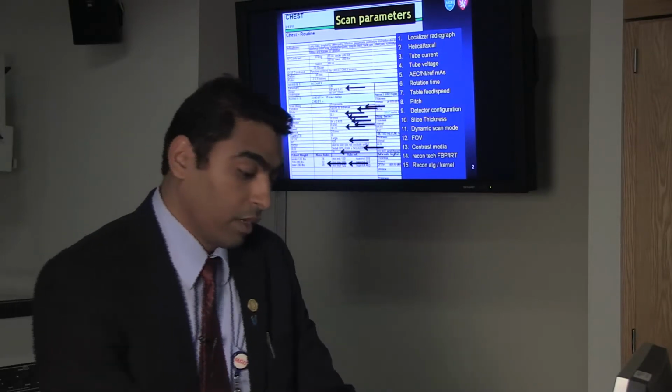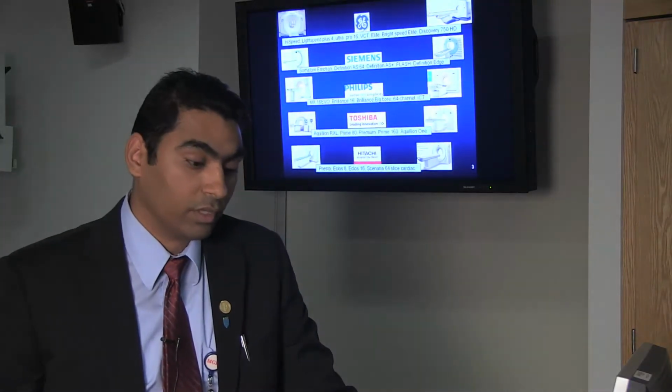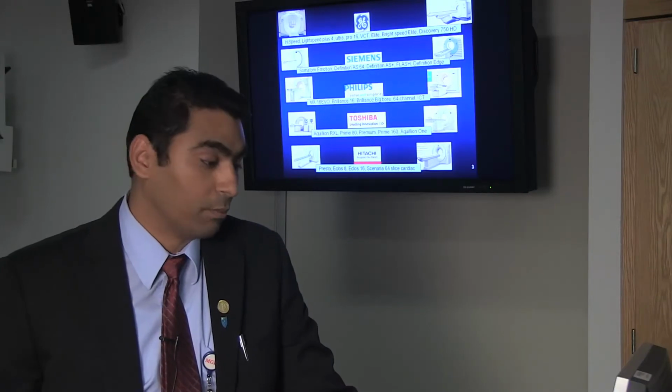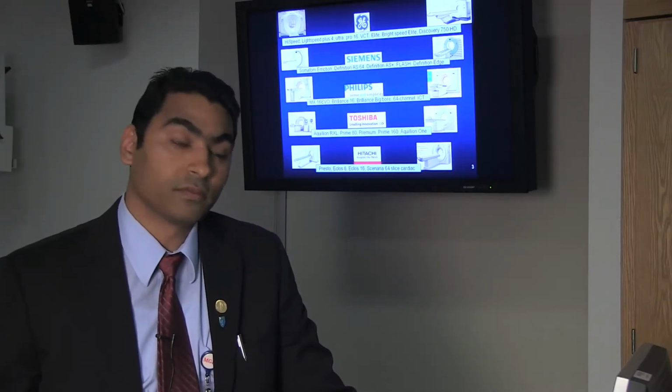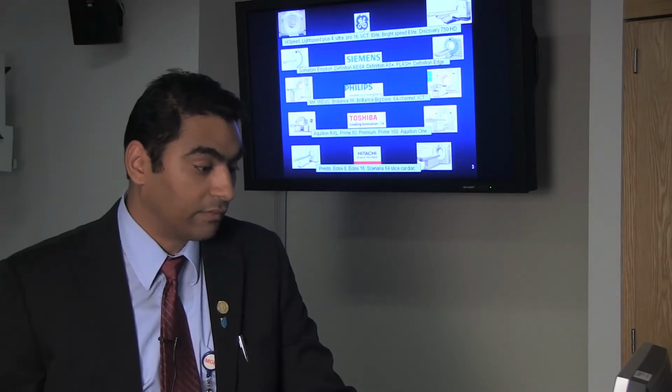definition? If we had just one scanner from one scan manufacturer, one model, it would have been easier, as we would have a set of scan parameters with a defined image quality. But since we have different scanners from different manufacturers, different models, it becomes very important that we at least understand